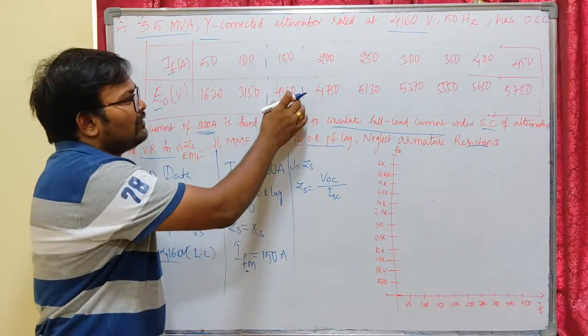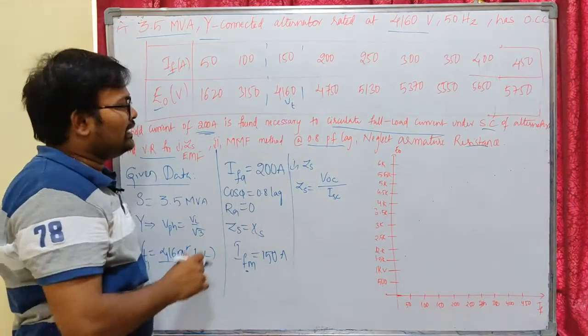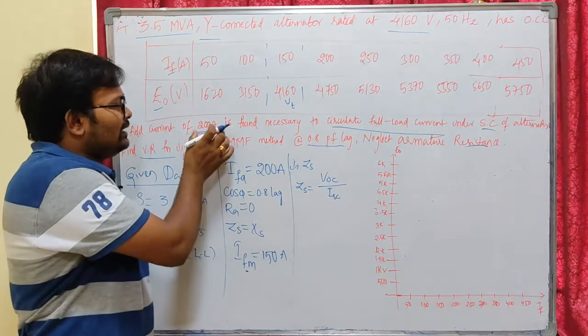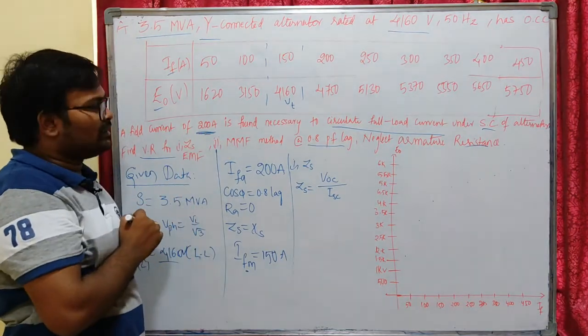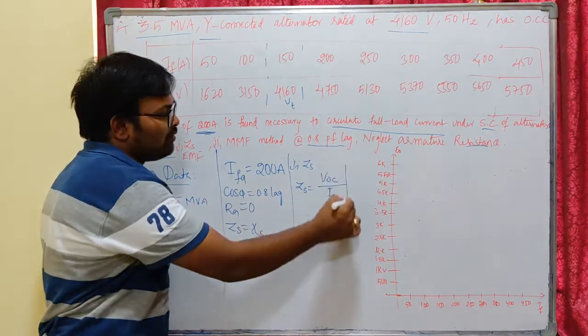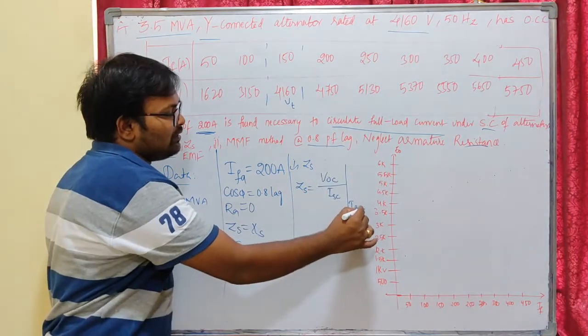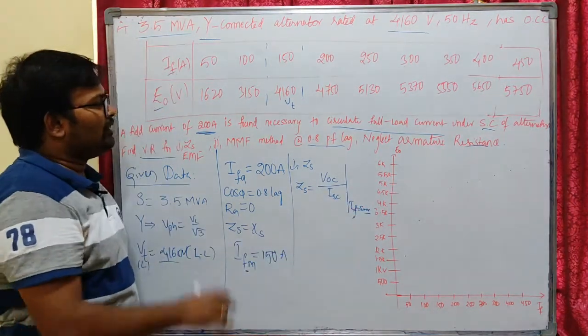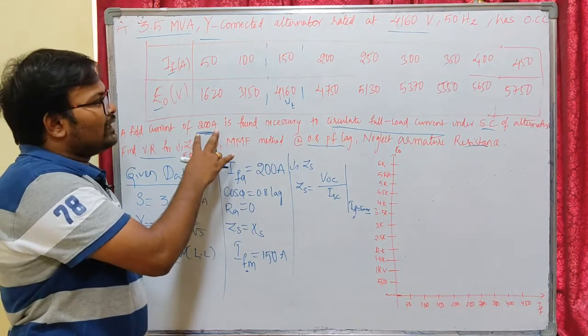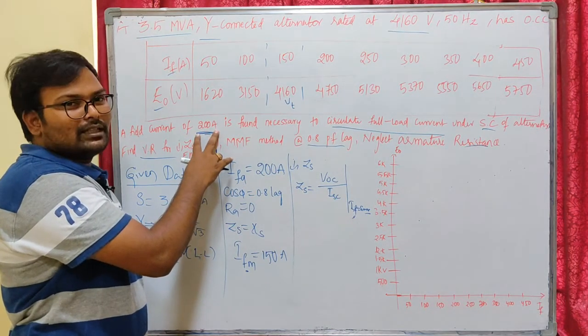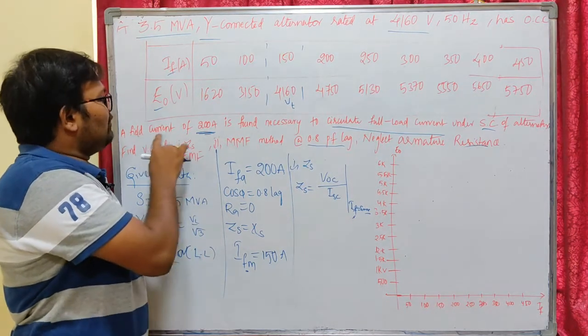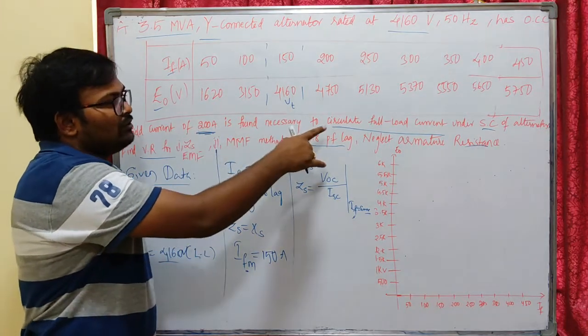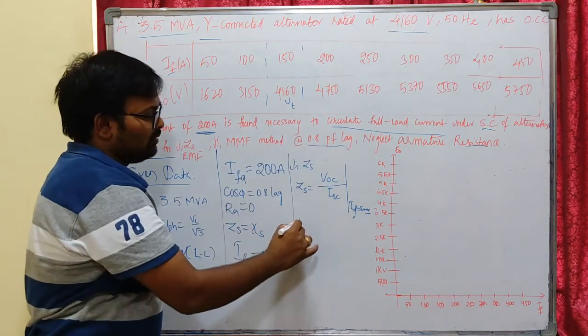Okay, here the given data is the terminal voltage. We need to find the open circuit voltage at a field current of 200 amps, because to find ISC and VOC, the field current IF should be the same. So for 200 amps of field current, we are going to find the terminal voltage and the short circuit current. Here the field current of 200 amps is to supply the full load current.